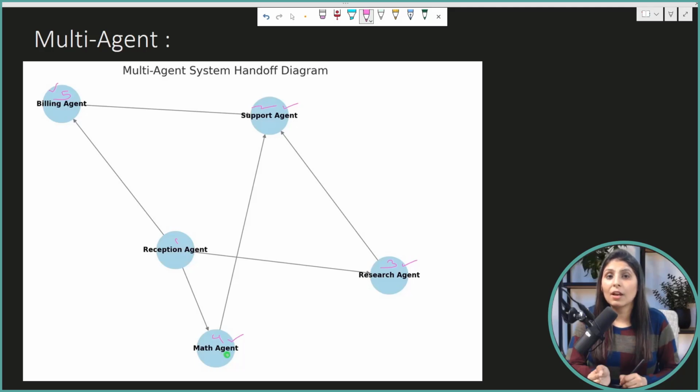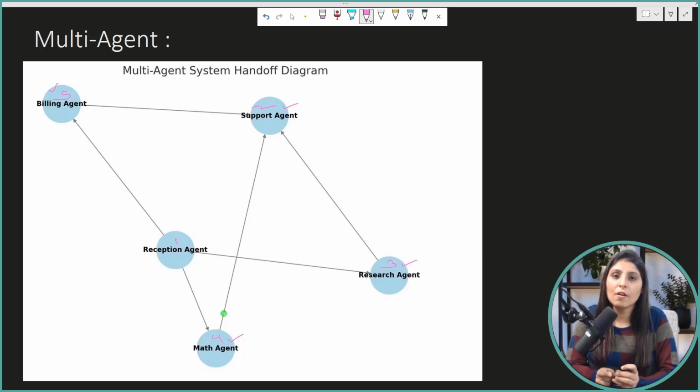What will happen with this kind of method? Now your agent will not get confused, and your agent will always pick the right tool to solve the user's question, and this way your chatbot will answer more accurately and your chatbot will be smarter, right? So this is what multi-agent means.